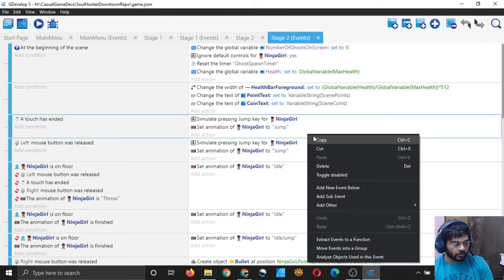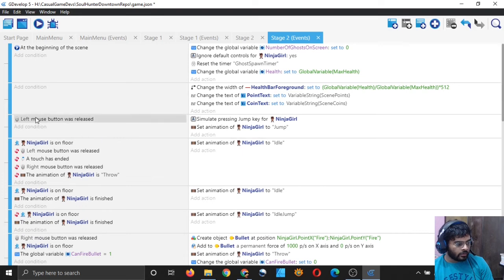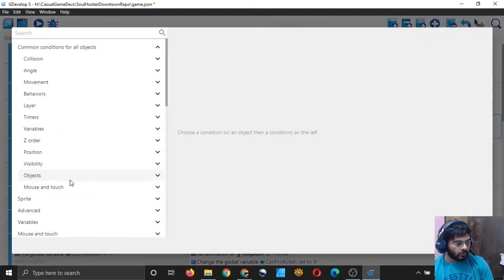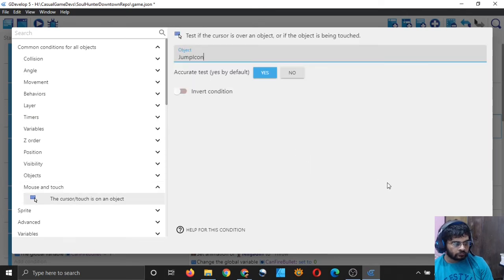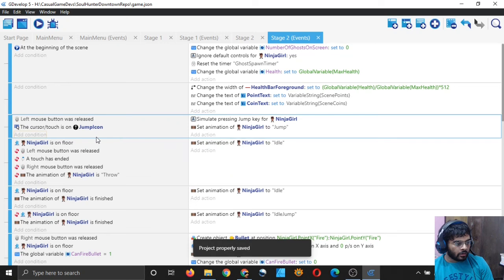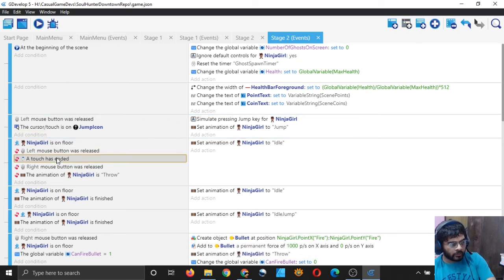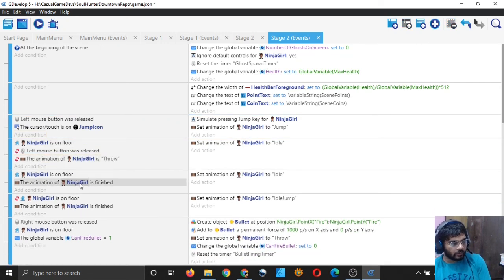Remove the touch as ended checking, and left mouse button was released and it was on top of the jump icon. And here you can remove touch as ended, right mouse button was released.